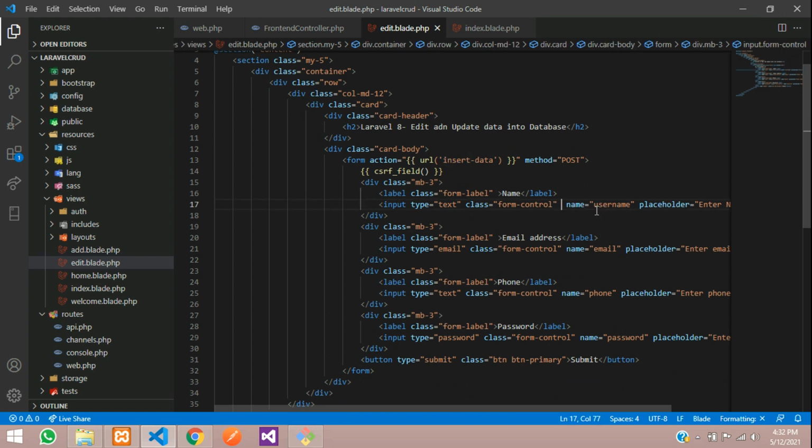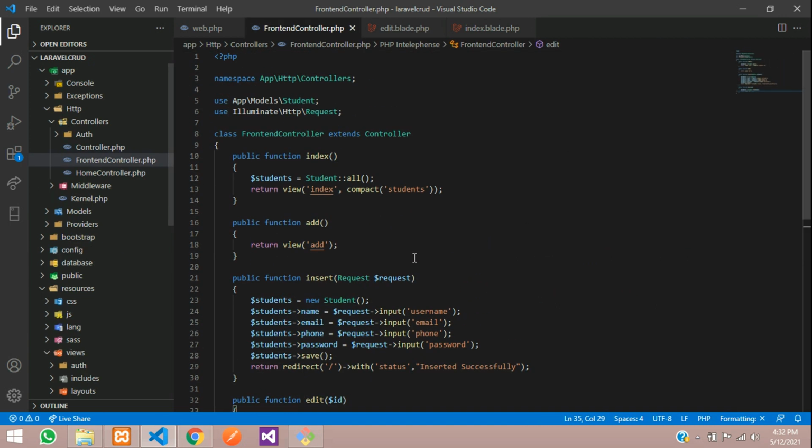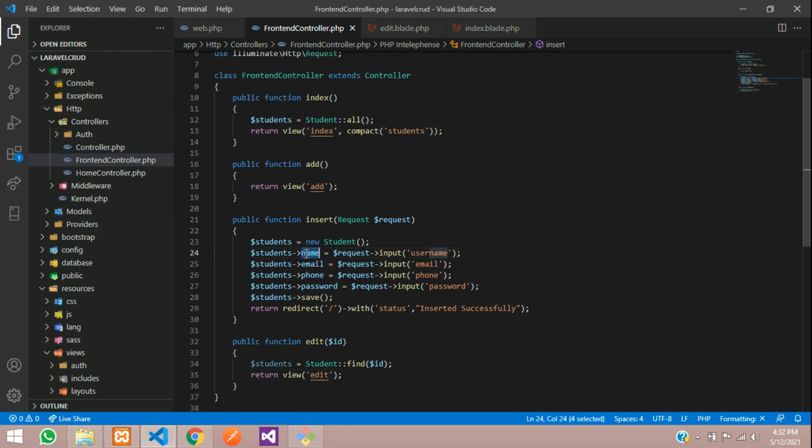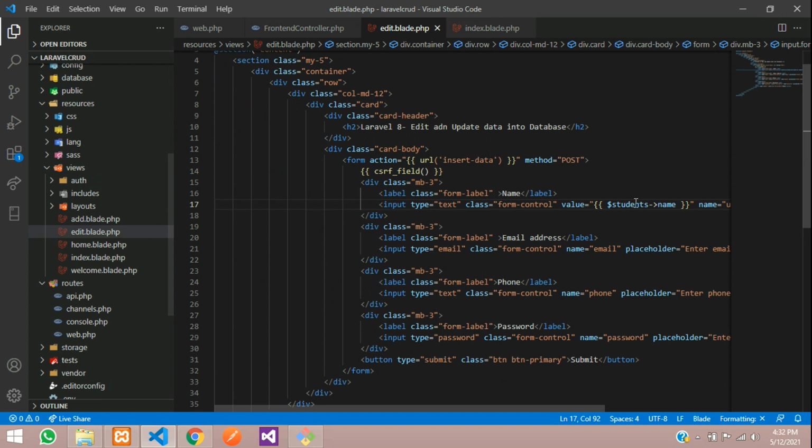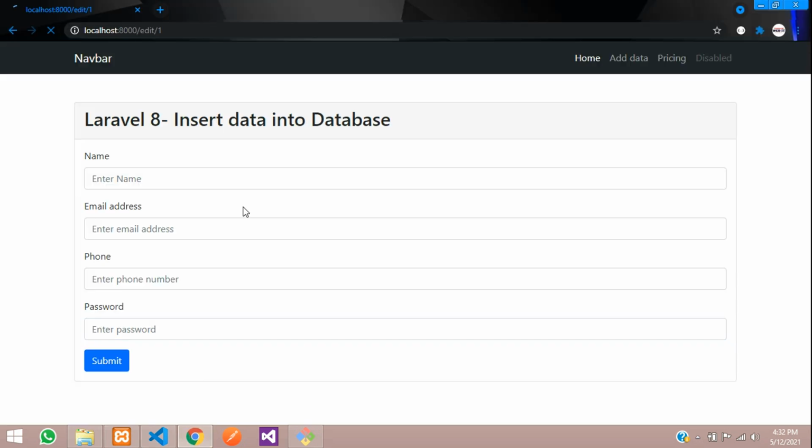Okay, so say value equal to, and within double curly braces say $students of name, or this will be a column name, right? So whatever you have created in the database. So you can see that it will be over here. While inserting we have given it, so I can use it from here itself. So edit, save, and we'll go and refresh and check if the data has come.